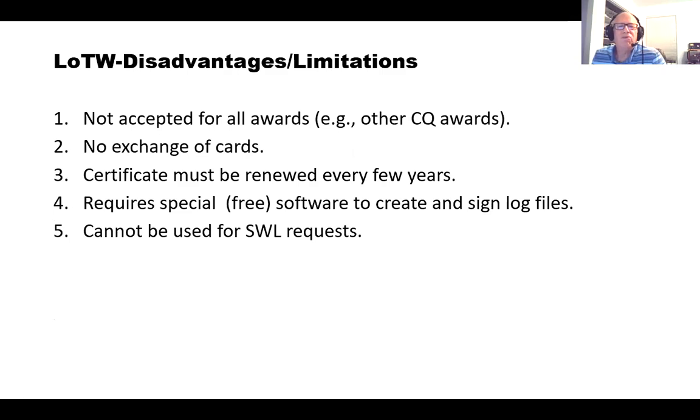The certificate must be renewed every few years, and I believe it's three. It doesn't require any money, it just has to be done, and it will expire on the renewal of your license. And again, it does require free software to use and sign the logs, and it cannot be used for shortwave listening requests.